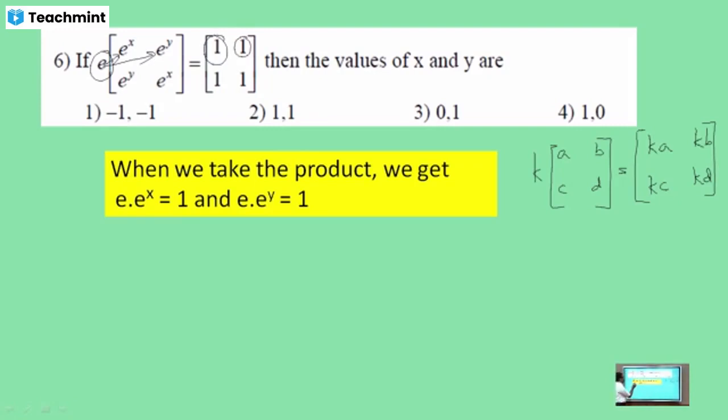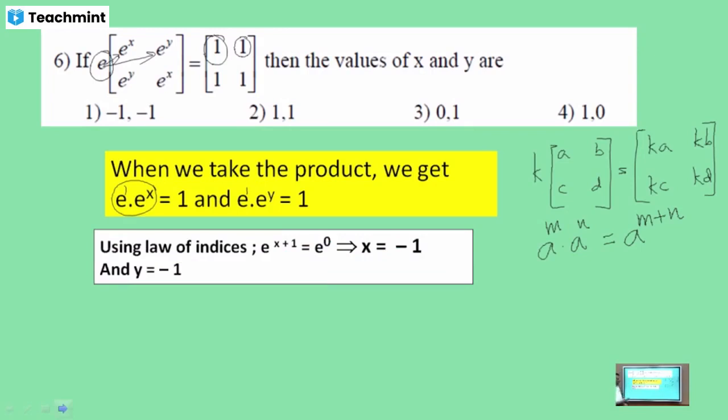Here we are seeing, what is e into e power x? As you know, e into e power x is in the form of a to the power m into a to the power n, which you learned in lower classes according to the law of indices. A to the power m into a to the power n is always equal to a to the power m plus n. Here e has the power 1, so e power 1 into e power x equals e power x plus 1, similarly e power 1 into e power y equals